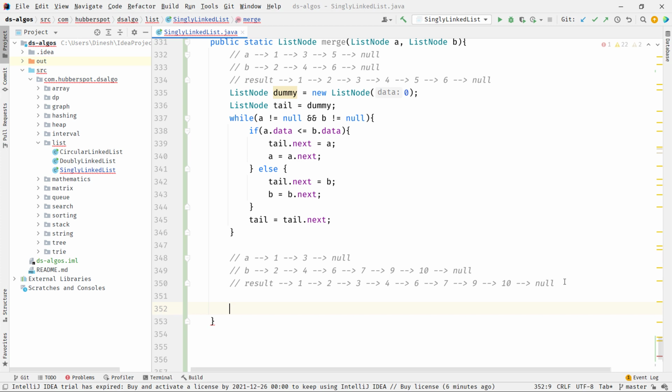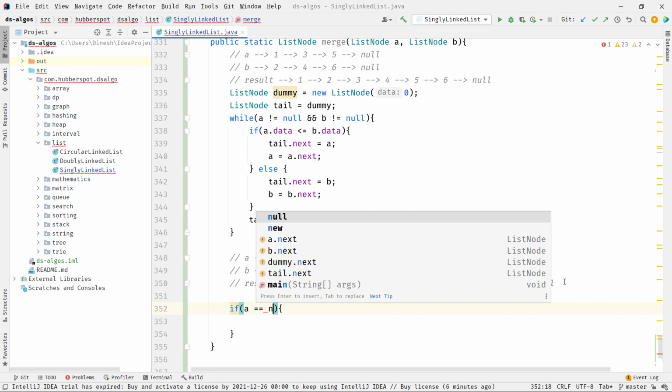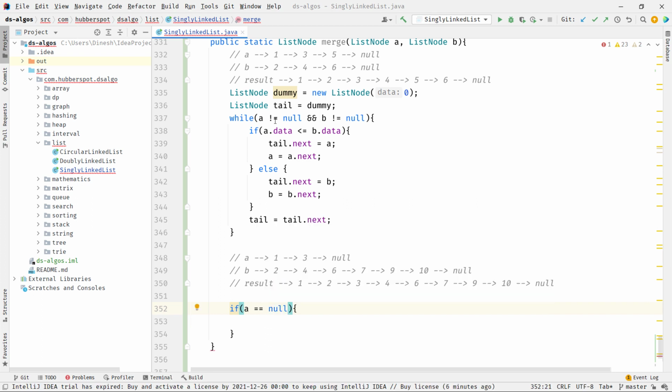So here what we do is we simply check if a is equal to null, because here in the while loop, as we are moving a to its next and b to its next, either a will get exhausted first, that is a will point to null, or b will get exhausted, that is b will point to null. So if a is equal to null, then here we saw that we have directly appended b to the result list.